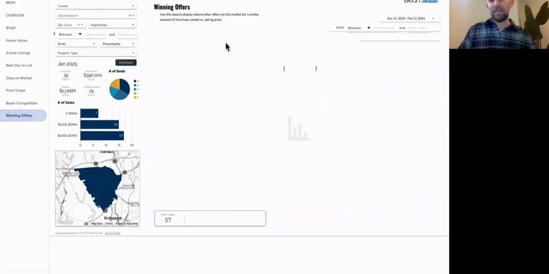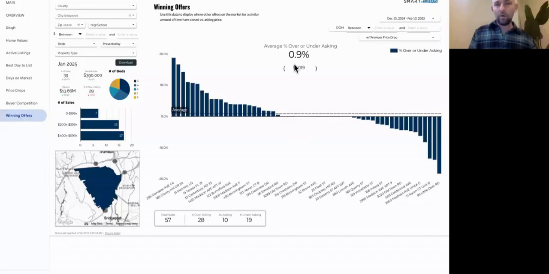If we're accepting offers, we might want to come in here and talk about what kinds of offers are coming in at what time in the transaction. This is another point that I think a lot of folks miss as an opportunity to bring data into that transaction and impress their client.